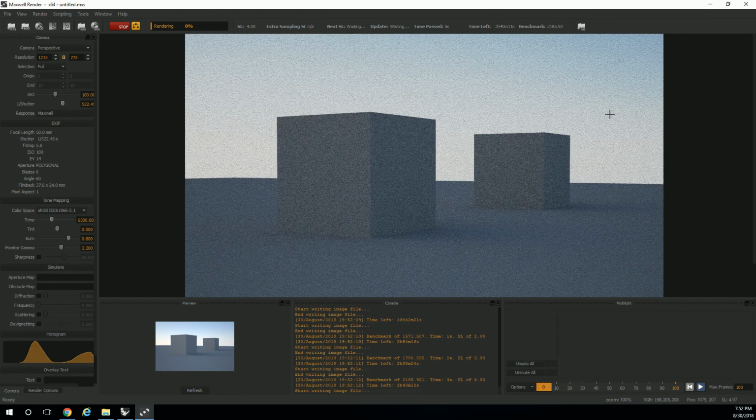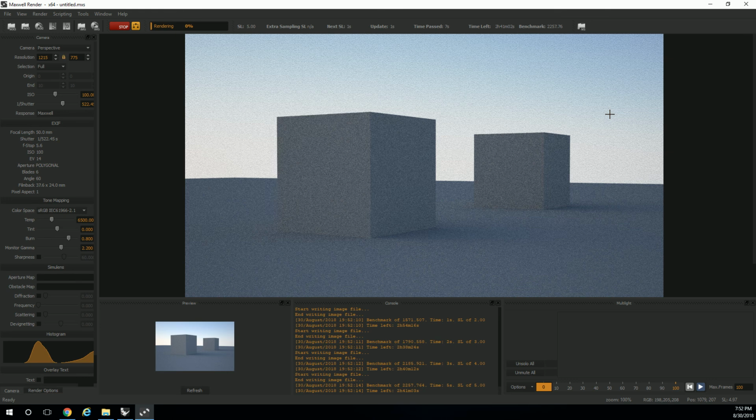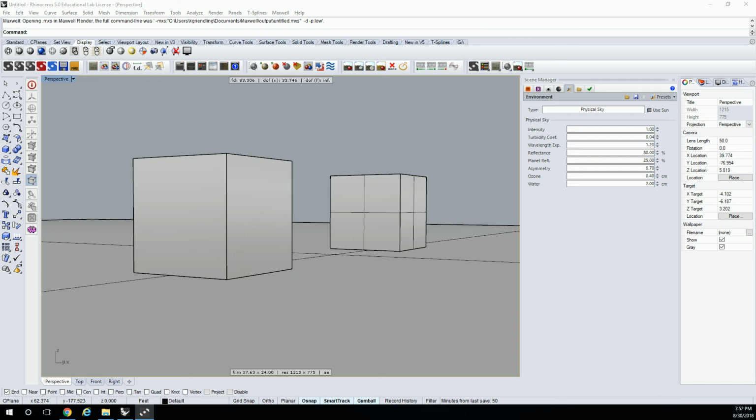Okay, I'm going to leave this one up so that you can understand the difference between checking that sun box and not checking that sun box. So when you look at this image, it looks better, right? Because it's got a sky. Kind of has the haze on the horizon, like a physical sky would. But when I put this one aside